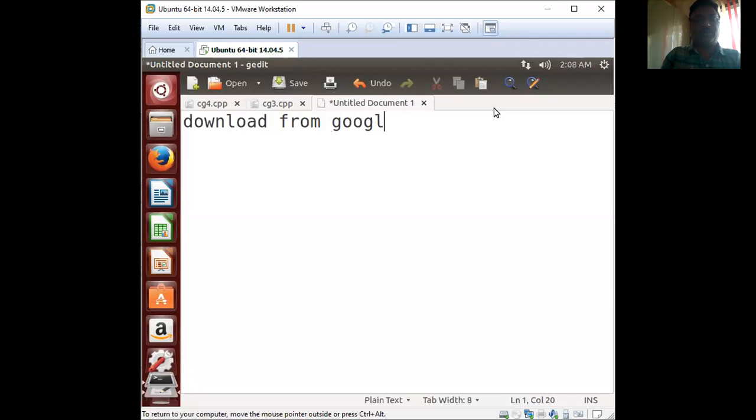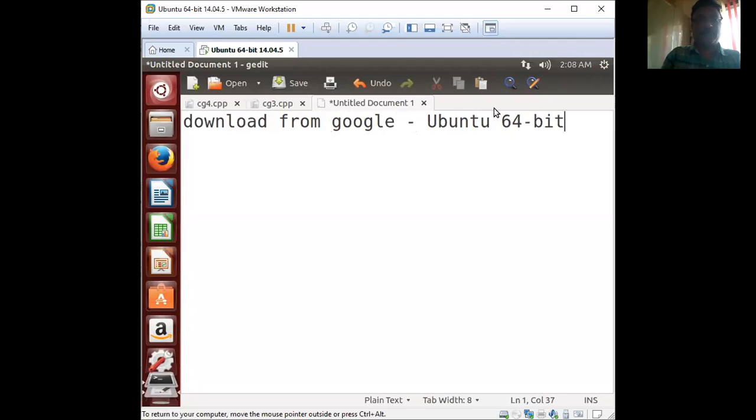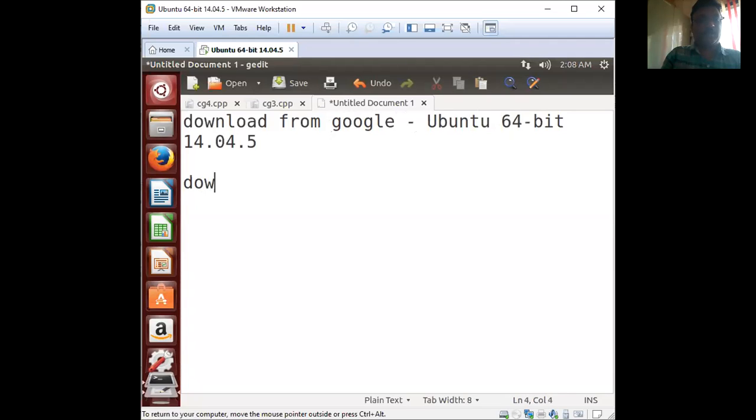First of all, you have to Google it and download that file: Ubuntu 64-bit 14.04.5.